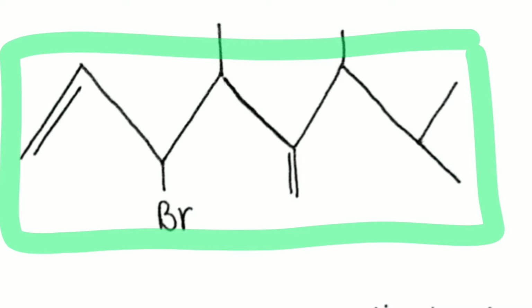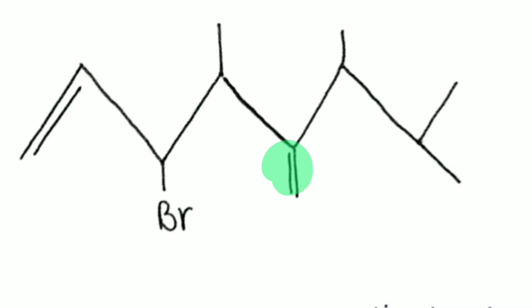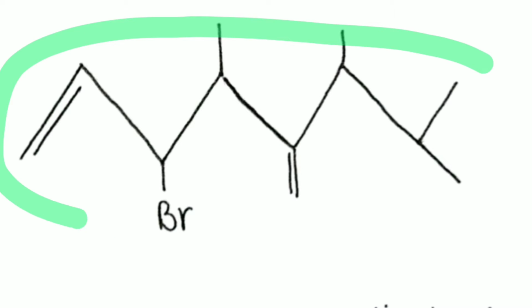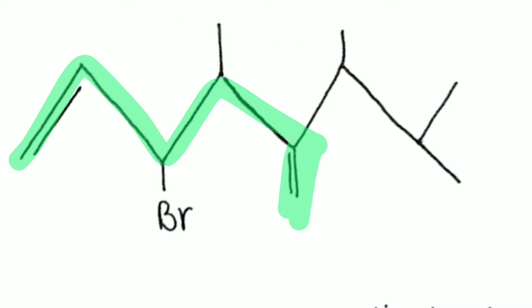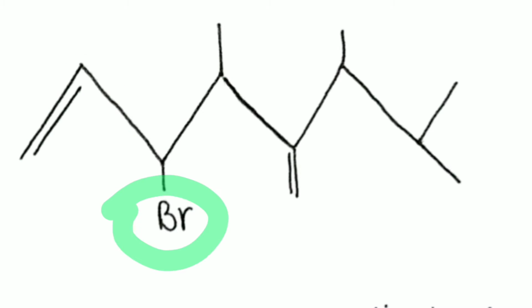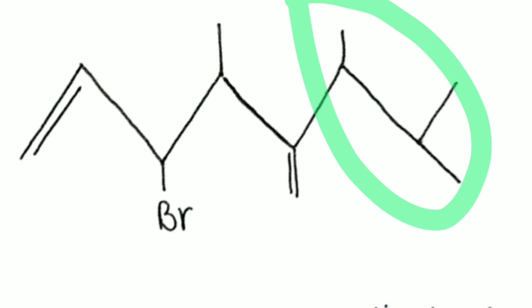We know that this consists of two double bonds, and we know the rule that the principal carbon chain should consist of the maximum number of multiple bonds, irrespective of it following the longest chain rule or not. Even if it violates the longest chain rule, the principal chain must consist of the maximum number of multiple bonds. So this will be our principal carbon chain because it consists of two double bonds. These are our substituents: a bromo group, a methyl group, and another side chain.